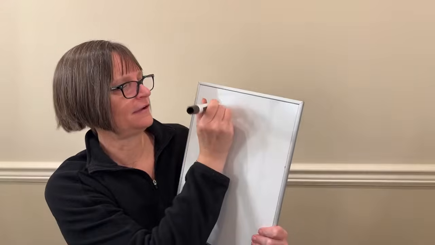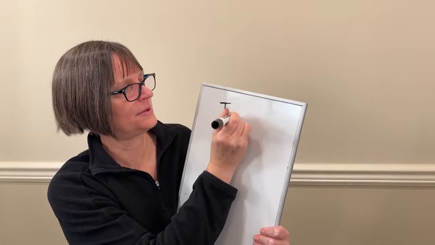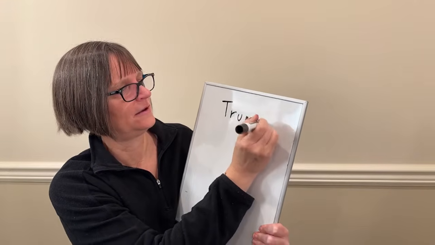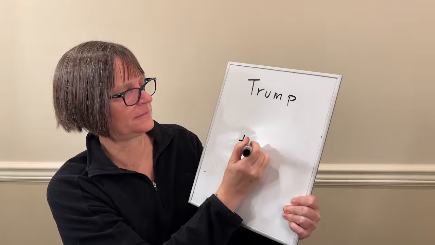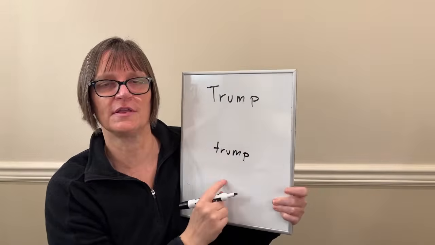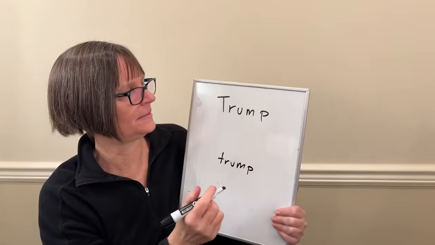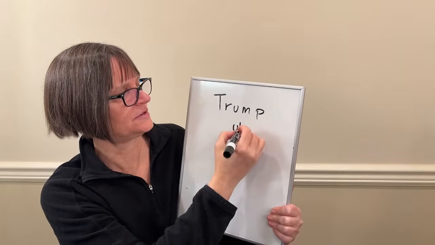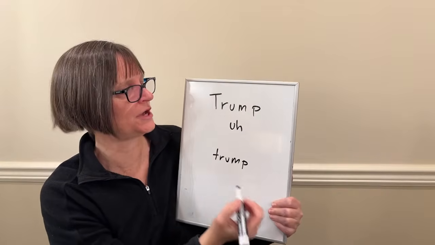Let's see. We have a question about how to pronounce Trump. So we have the name Trump, and then it's also a verb, to trump someone, or a trump card. It's a noun as well. It has the sound, like dumb or dump,